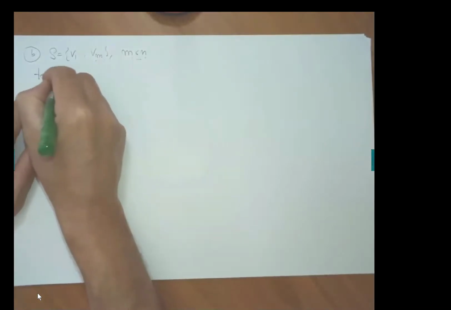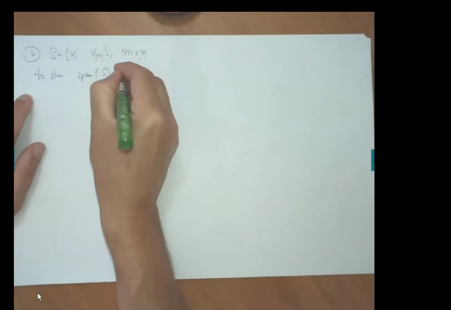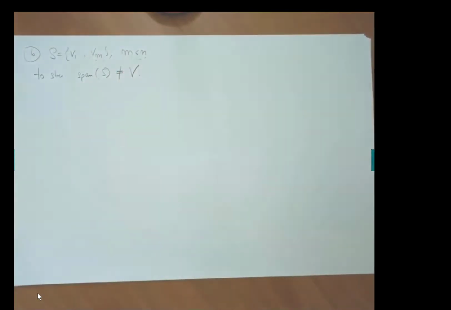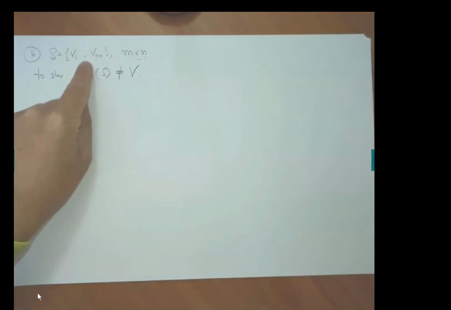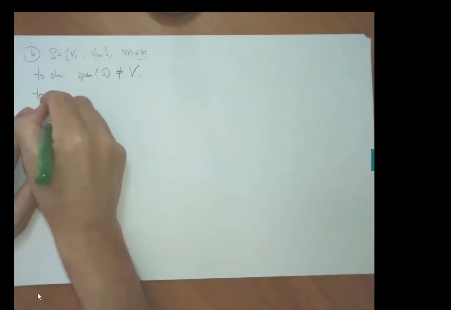And to show is that the span of S is not equal to the whole vector space. So essentially it means we can pick a vector u, no matter what you do with these guys, you cannot reach u. So that means to show